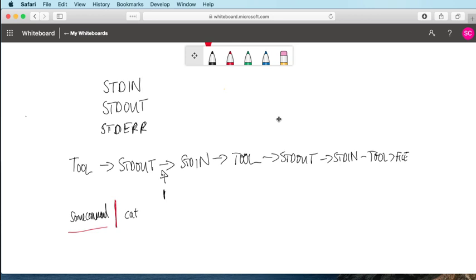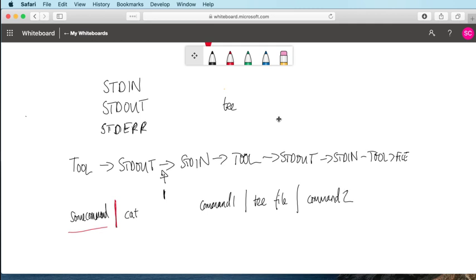And I learned today about a tool called tee, and tee gives you a way of both redirecting your output to a file and sending it on to the next command. So if you do command 1 pipe tee file pipe command 2,